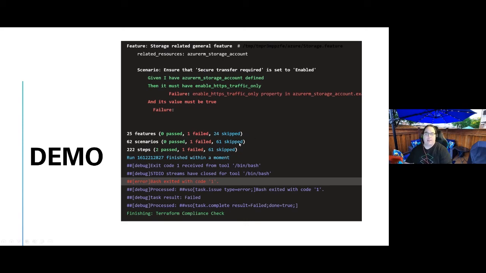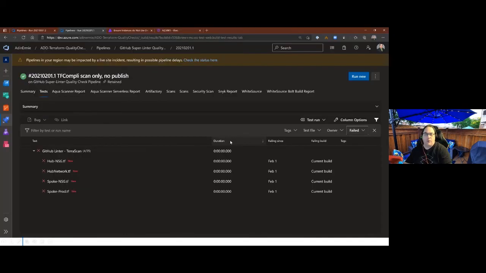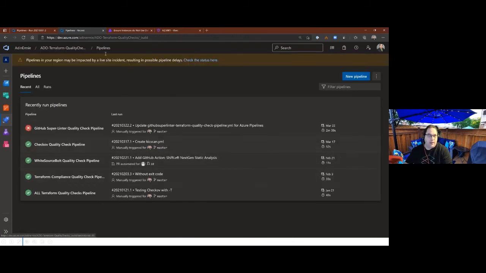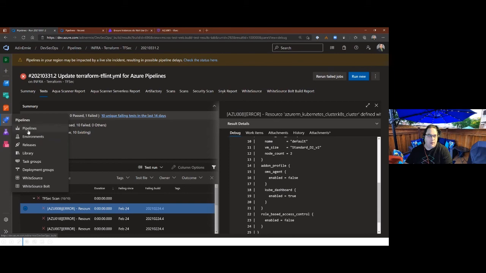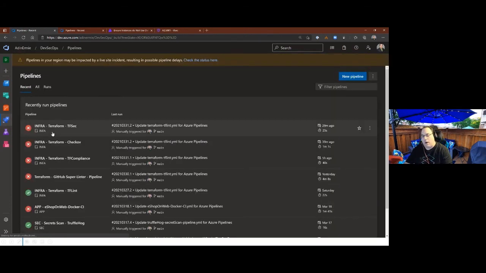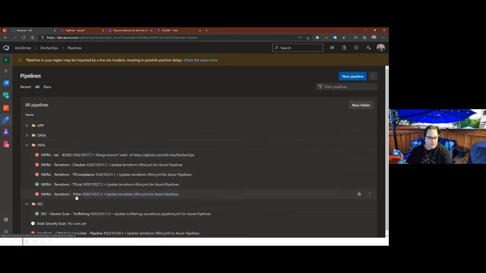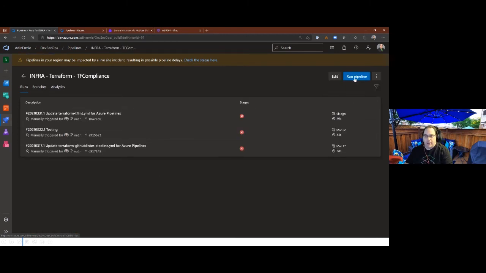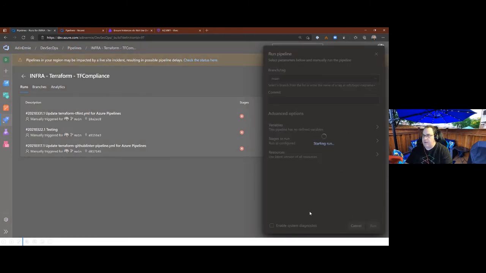I see I've got 5 minutes left, so let me just quickly jump to the demo to get that running for Terraform Compliance. Wrong one. While I talk, I'll stick around at the end, and we can discuss the policy piece after. Okay, Terraform Compliance. Let's give this a run.